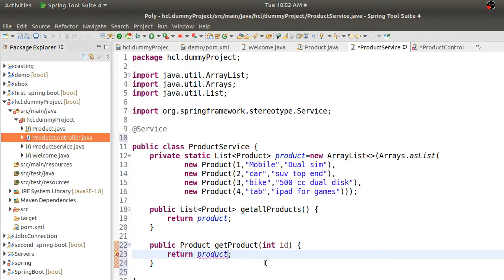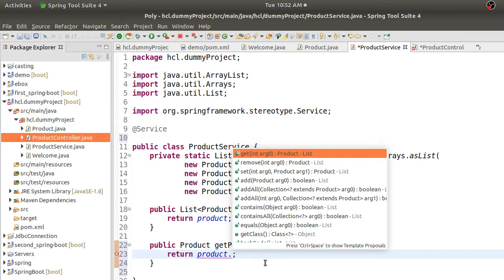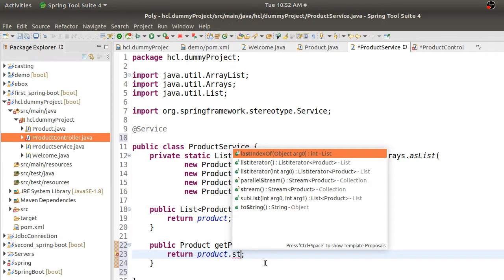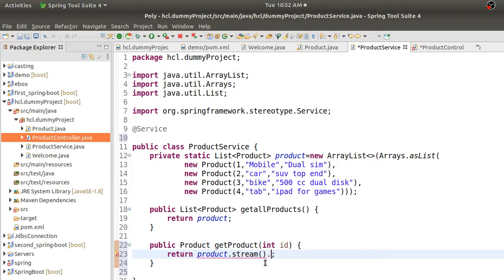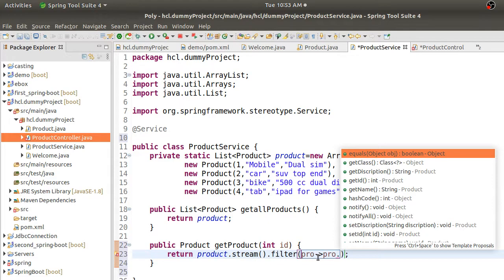Dot filter, say I have product dot get ID.